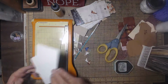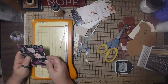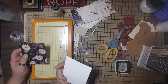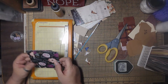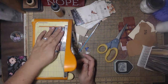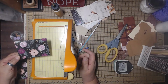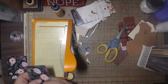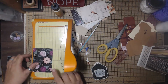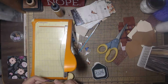And then I have these. This was off of, what did we get these from? There were only 2 good panels in it. Oh, the box of, we had that box of cards, the Heidi Swap cards. This is from that. And I got 2 panels off of it. The box was trashed, but I did get 2 panels. So I've got 2 panels off of that one, and we're just going to make a tag out of it,